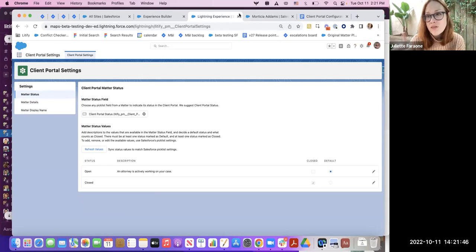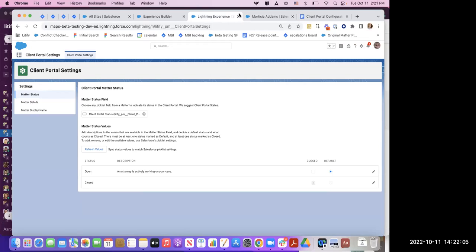We can see my first time logging into this portal, it will give me a tour, which is very helpful. I can either click through this to better understand what is available to me within the builder, or I can close out and come back to it later. So I see here right off the bat, I'm met with an overwhelming amount of matters. And that is because